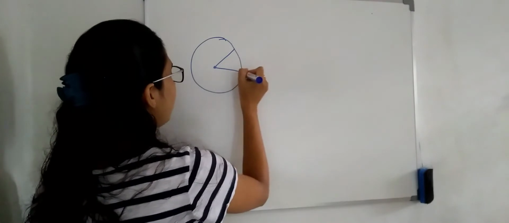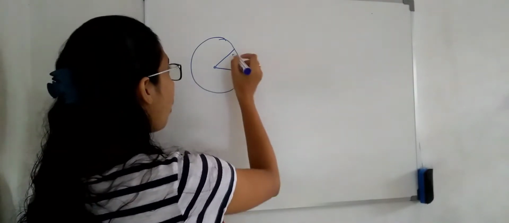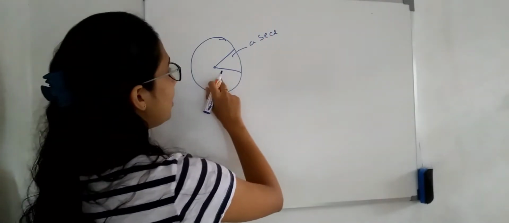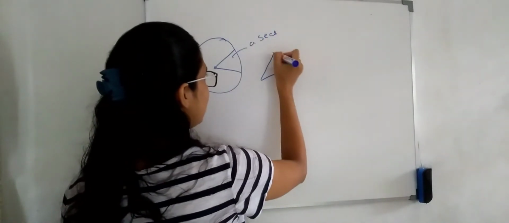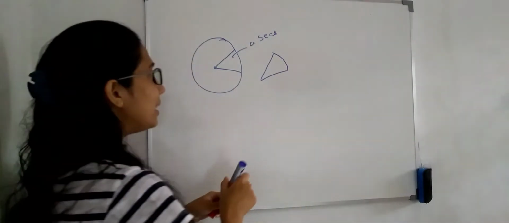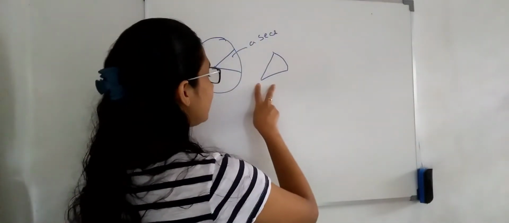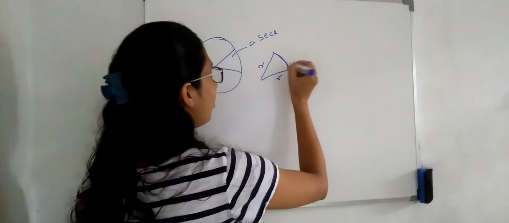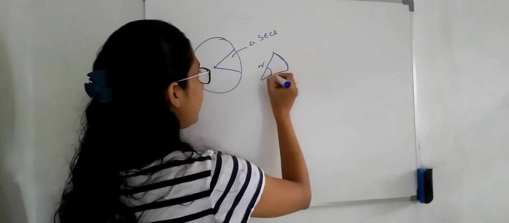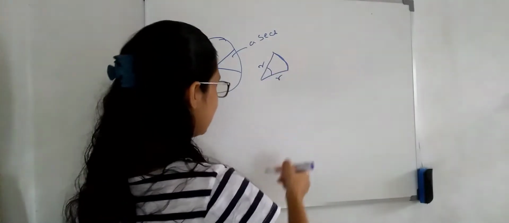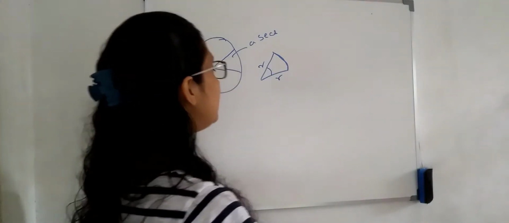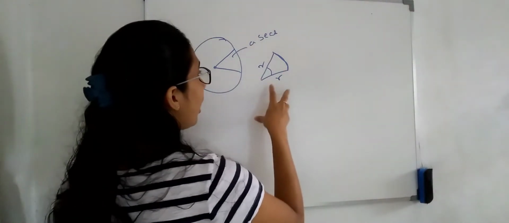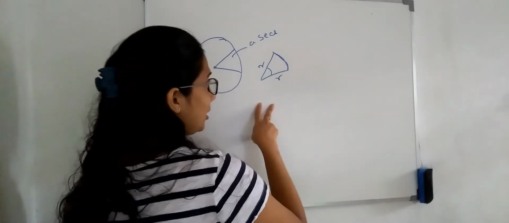So if I cut off this kind of sector, I can call this a sector of a circle, right? A sector of a circle. So I'll draw this sector here. You can clearly see here, this sector is bounded by two radii and a part of the circumference. This kind of sector we call a sector of a circle, right? So in this lesson you will be able to find the perimeter of this kind of sector.